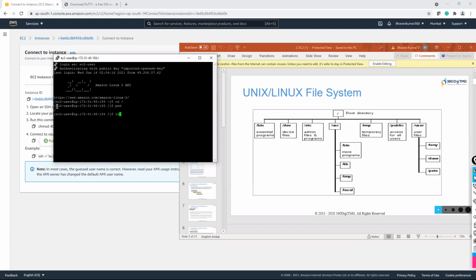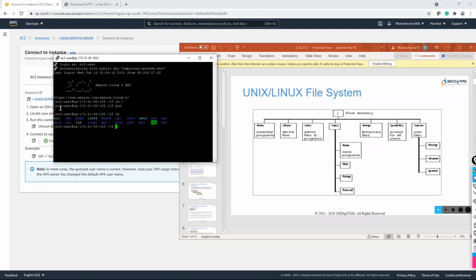My path is this one, and the contents are these folders. See, bin, dev, home. There are some extra folders. Home is the regular user directory, and you have lib64, media. All of these come by default with your operating system. This is the Linux file system.